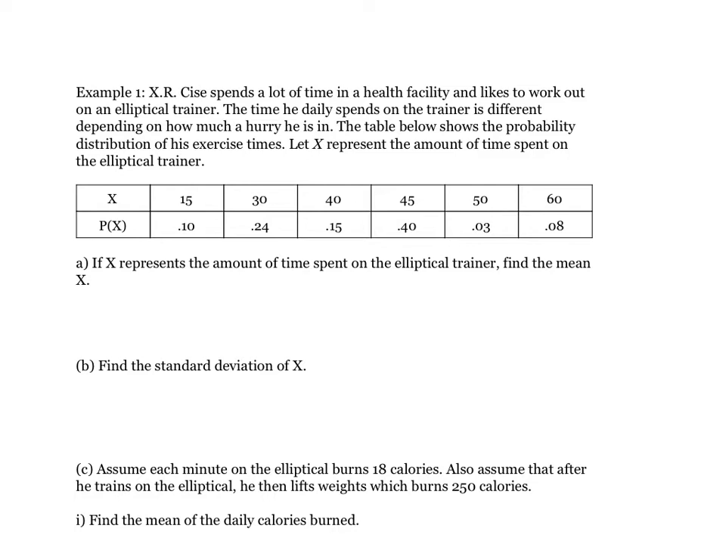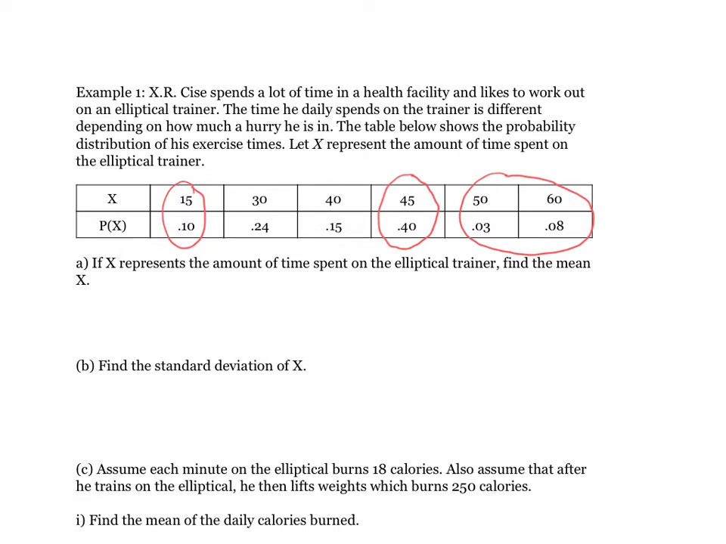Okay, so you can see there's a 10% chance he spends 15 minutes. The most likely thing that happens is that he has 45 minutes to spend. That happens 40% of the time. And then there's a very small chance he exercises more than 45 minutes. So first two questions are find the mean and standard deviation of x. And this is where you use your calculator